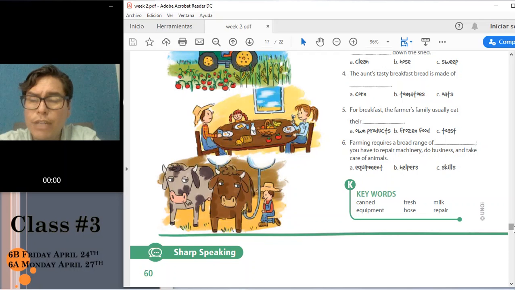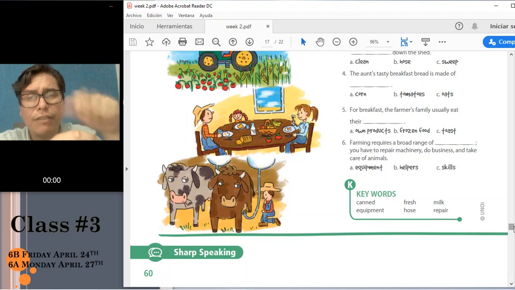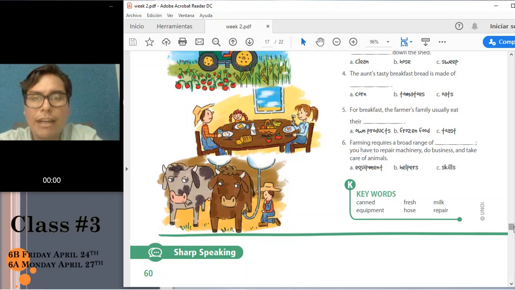And we have some more keywords. Canned. It's food that is inside a can, and it's usually sealed, and you have to open it to get it out, like chilies. Equipment. It's a synonym of tools. Fresh. Something that is not refrigerated, something that hasn't gone through a process, like products such as tomatoes when you get them from the farm or from the fields.